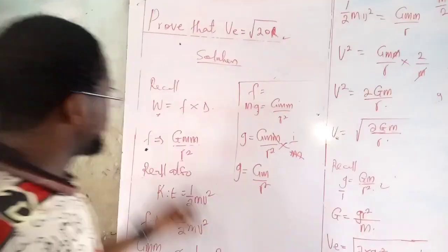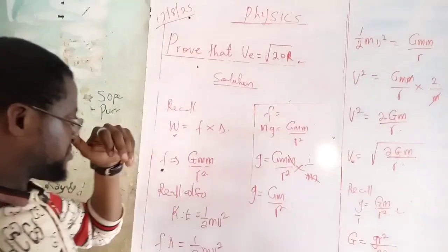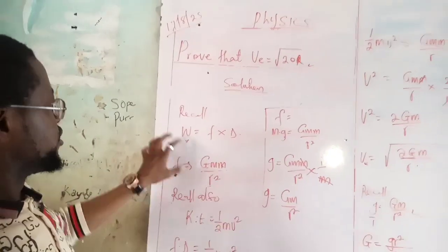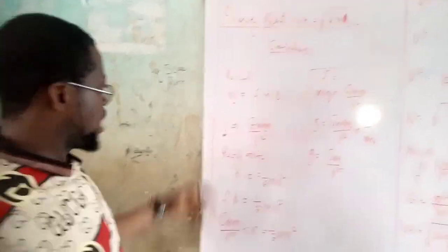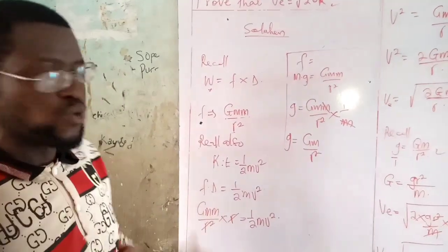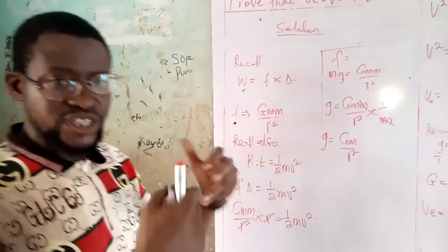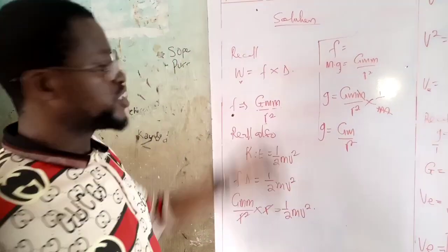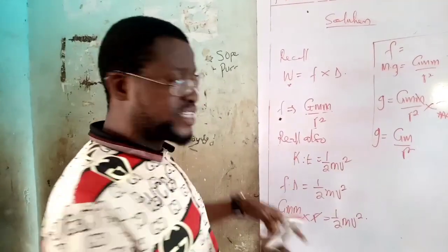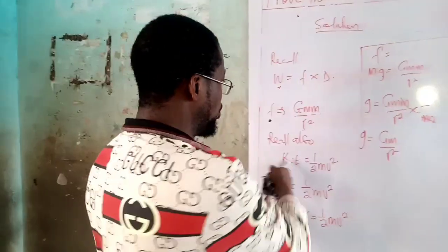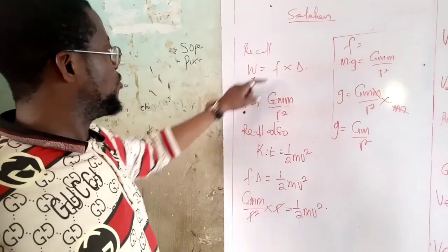So let us go over it again. We have escape velocity, and it was obtained from the formula for work done. So I have work done as force times distance. Another work done is half mv squared, which is kinetic energy. Energy is energy, whether kinetic, potential, or work done, and all of them are measured in joules. So I can say our work done, since they are all measured in joules, is equal to half mv squared. And this is another formula for work done, force times distance,